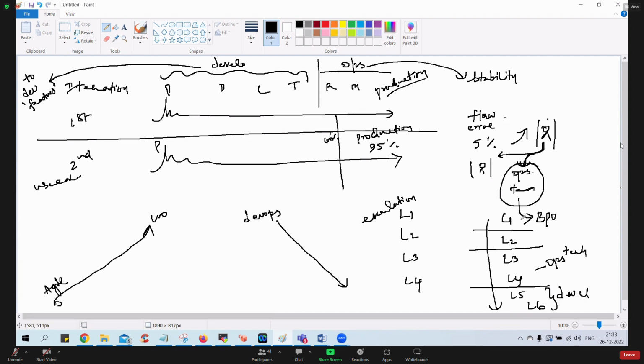So when the issue is not resolved at L1 and L2, it goes to the next layer. Let's call these the first layer, second layer, and third layer. When the issue is not resolved at the first layer, it moves to the second layer. If it is not resolved at the second layer, it moves to the third layer. Now, a very, very important point: when the issue moves from the second layer to the third layer in Agile, they do something called RCA. How many of you know what an RCA is?